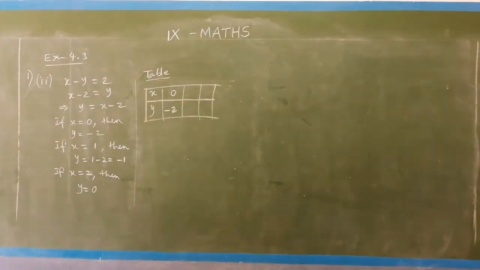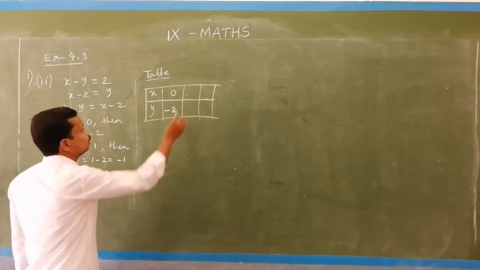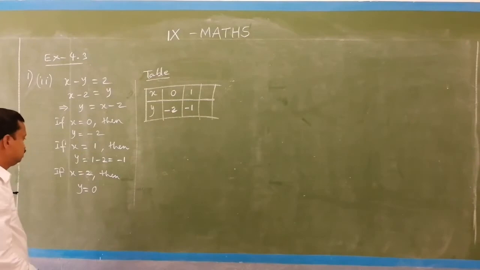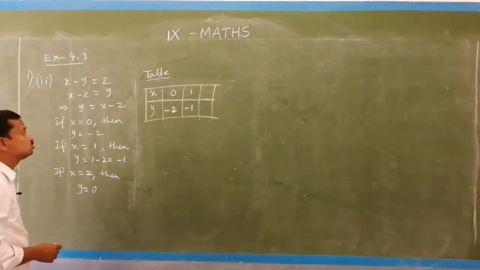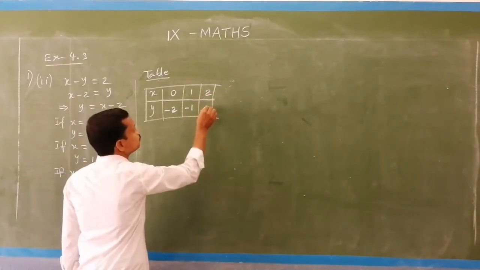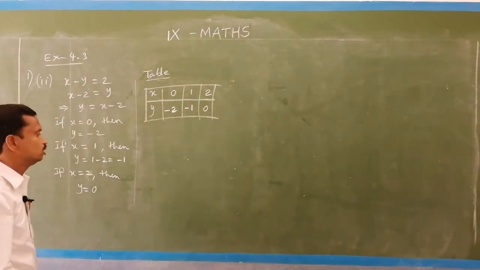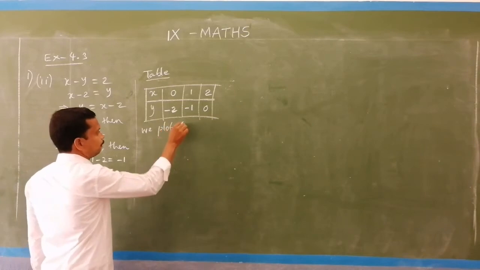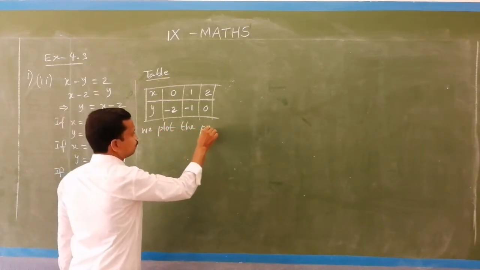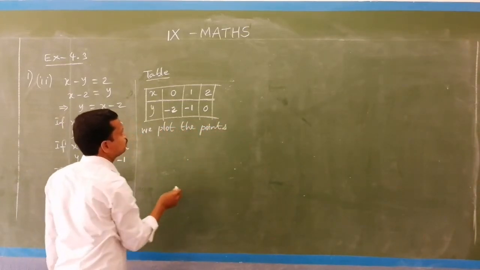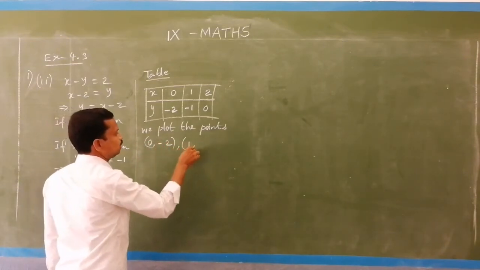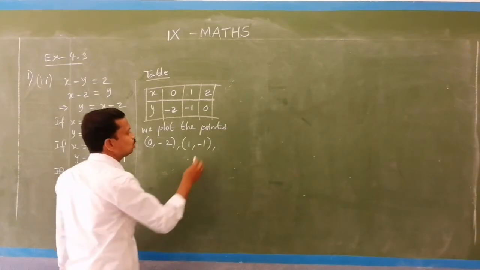And then if x is 1, then y becomes minus 1. And if x is 2, then y becomes 0. That is all. So, we plot the points. What are they? 0 comma minus 2, and then 1 comma minus 1, 2 comma 0